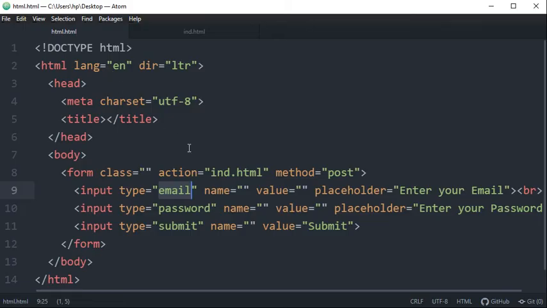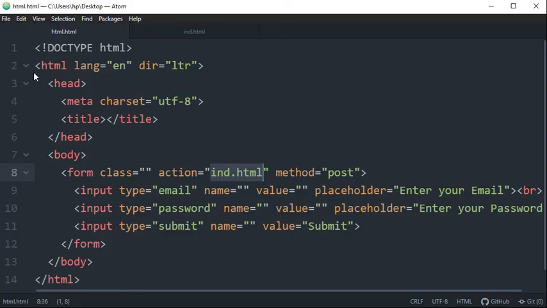Let me save the results. What I did here is, in action, I defined ind.html. I'm saving the results, refreshing the page, and now I'm going to enter a valid format of email and a password. Now I'm going to click on submit, and you will see the message from ind.html displayed here.